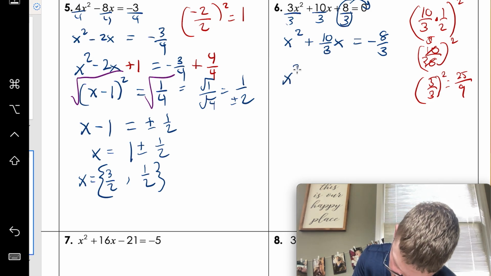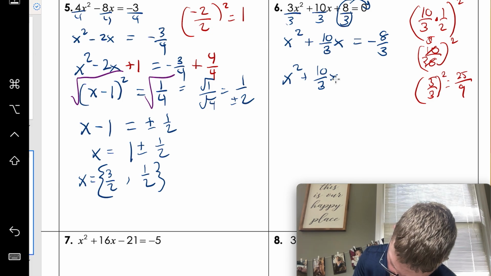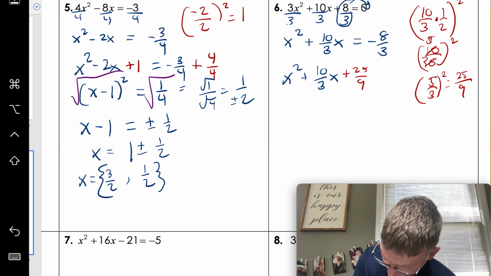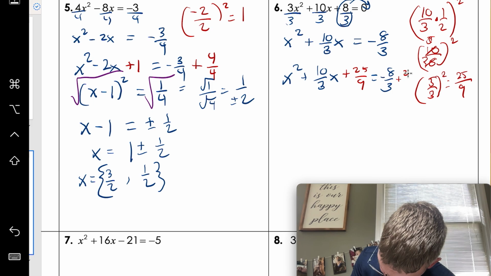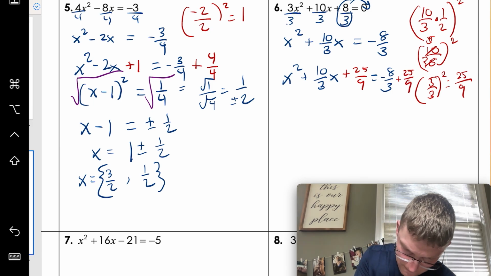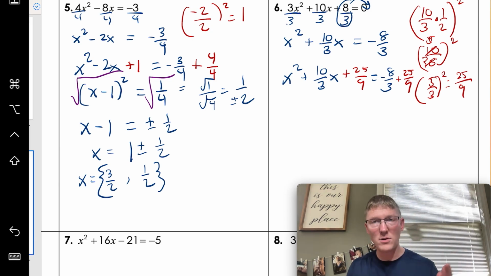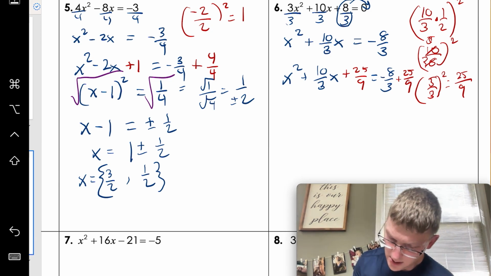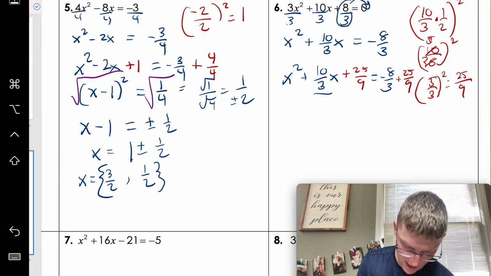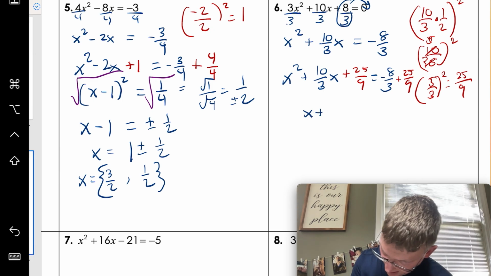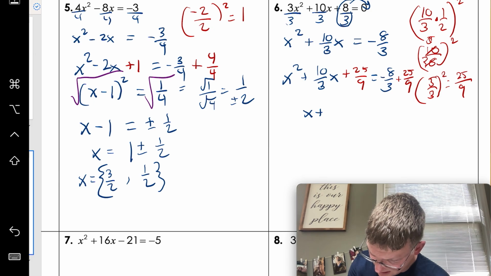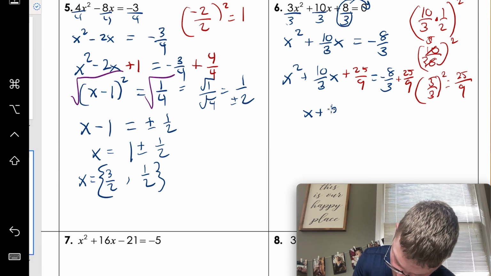So we're going to take x squared plus 10 over 3x plus 25 over 9 equals negative 8 over 3 plus 25 over 9. So using some of the patterns from the beginning of this chapter, I know that I can just take half of that, and that's going to be my number. So we're going to do x plus half of that, which is 10 over 6, which is also 5 over 3. So x plus 5 over 3